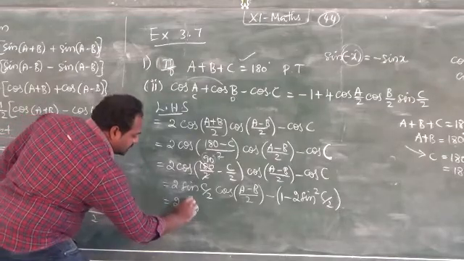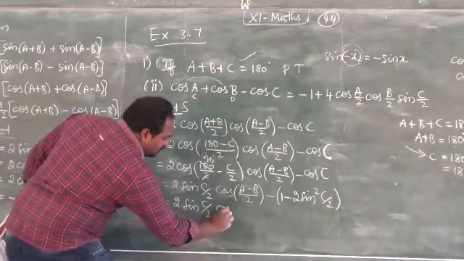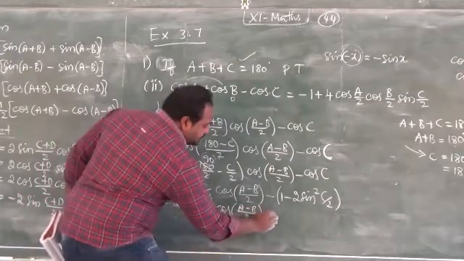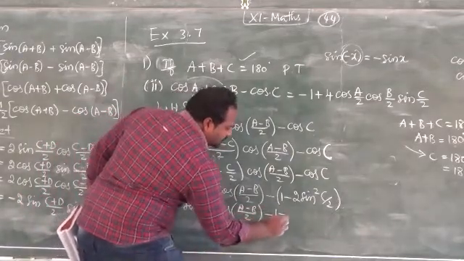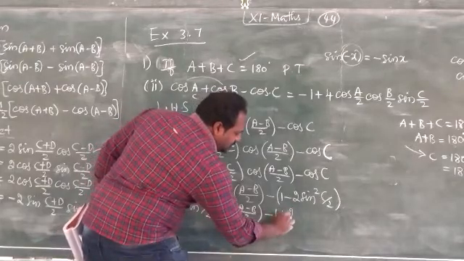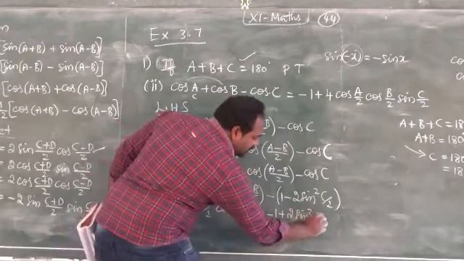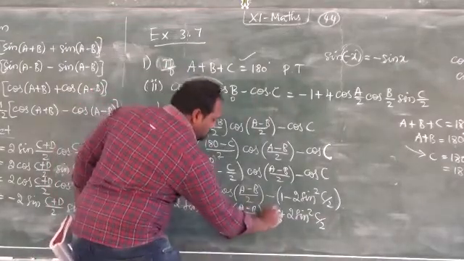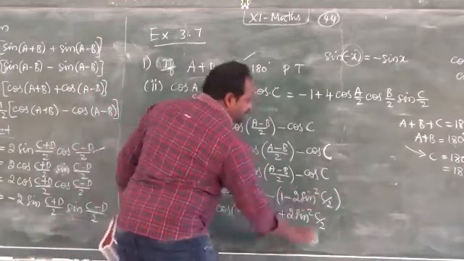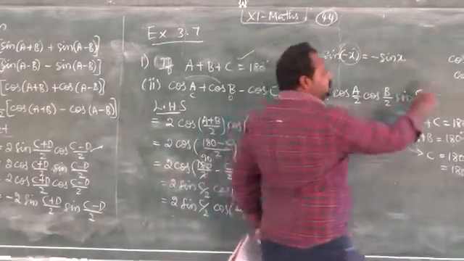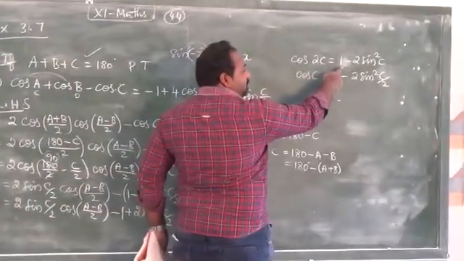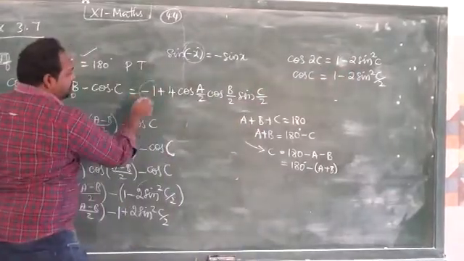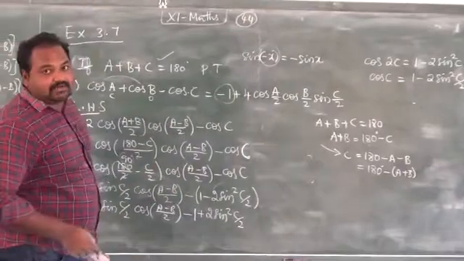2 sin C by 2 cos of A minus B by 2 minus, inside, minus 1 minus into minus plus 2 sin square C by 2. So here minus 1 is coming, no? So why are we using this formula? We have 4 formulas, sir, for cos 2C. Why are you using this formula particularly? Because if you take this formula only, we are able to bring this minus 1. That's why I'm taking that formula.